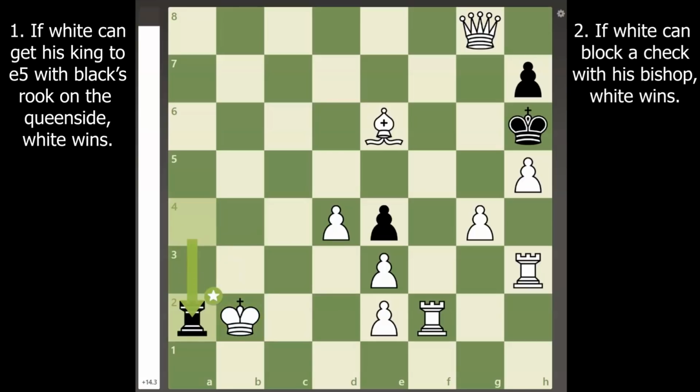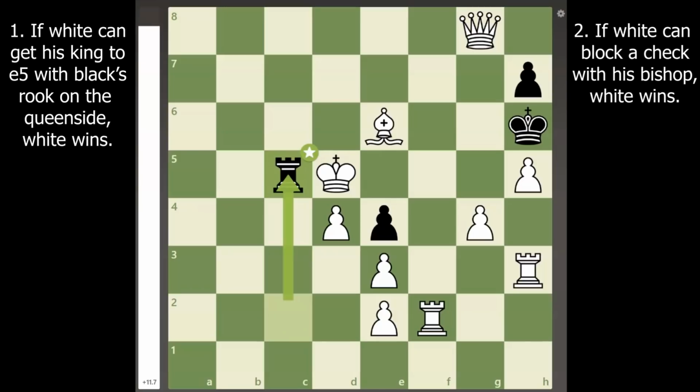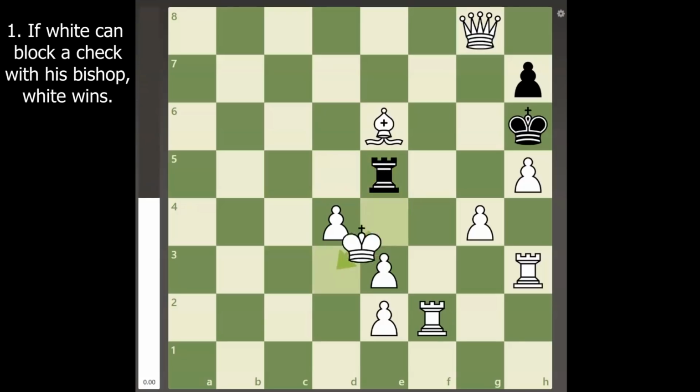After rook takes a2 check, white's king can now march to the center of the board with black's rook on the left side. However, it still seems that white has not made any progress as white's king still can't reach e5. But just at this moment, white suddenly takes black's pawn on e4 and after rook e5 check king d3